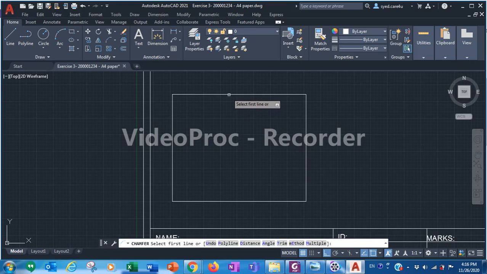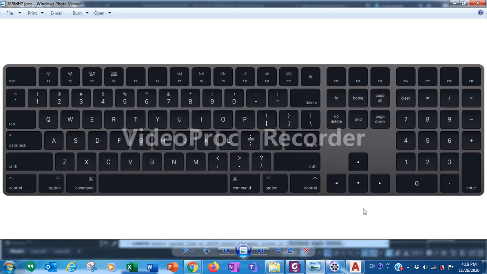So this is the first line. Okay, so click on the first line. Now after clicking on the first line, what you have to do? You have to press this button, the down-sided arrow button on the keyboard. So look for this button and click